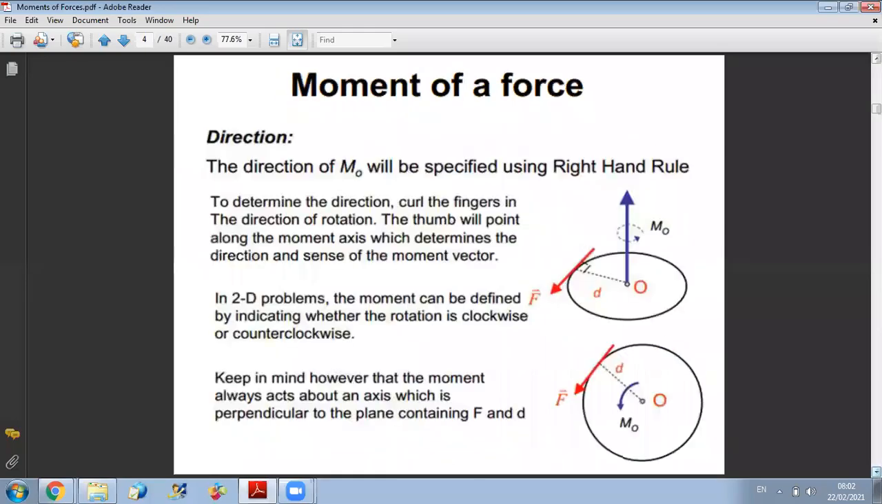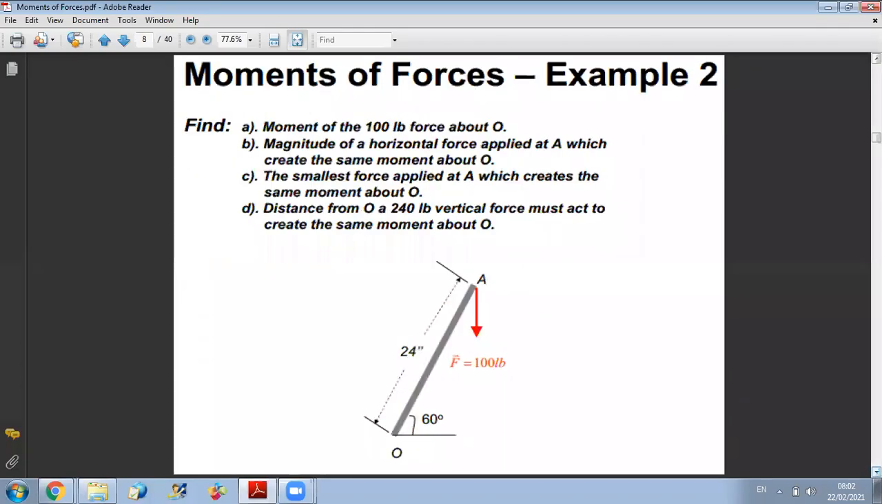Last time we have done this problem. Another example. Find the moment of the 100 lb force about point O. So here in this figure, we have a force applied on arm OA, and we want to calculate the moment about O. So to remind you, the first step when we want to find the moment of a force about